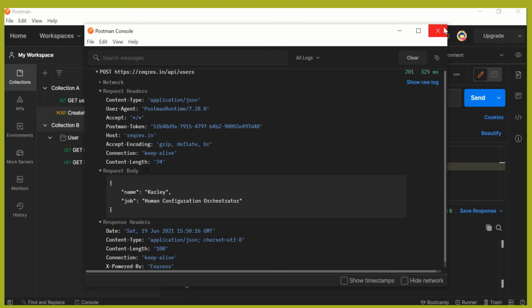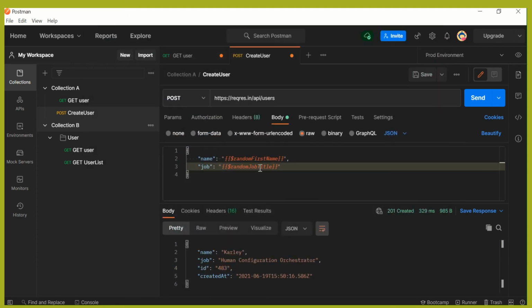This way, with the help of these dynamic variables, we can have random values in the request. These dynamic variables are quite helpful when we want to generate random data automatically. We don't need to write any explicit Java code or Groovy script for these random values. Rather, Postman gives us this ready-to-use feature, which is quite helpful if you compare it with the other alternatives for API testing.